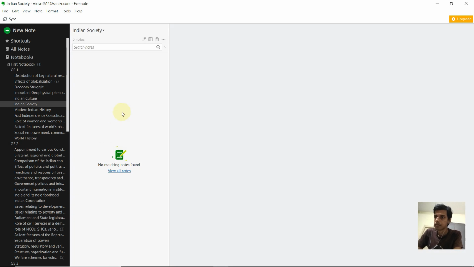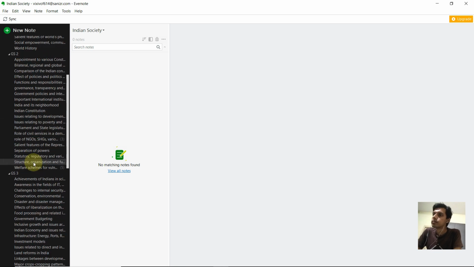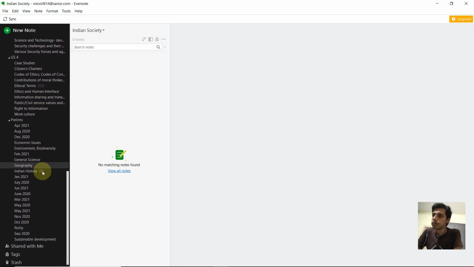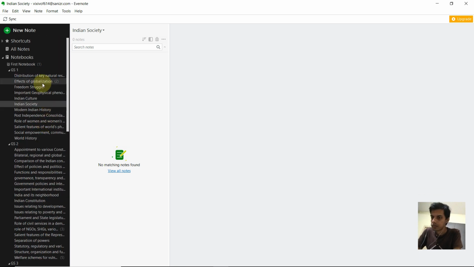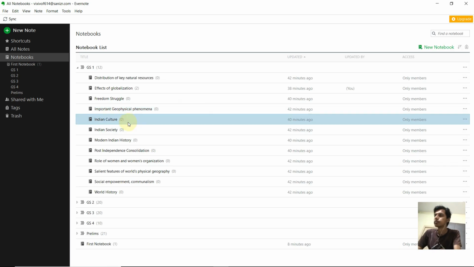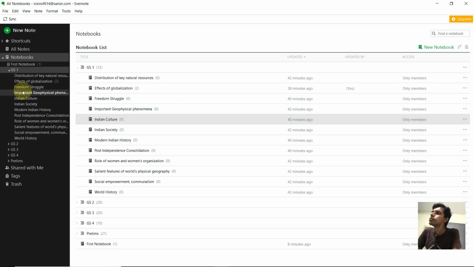So there is GS1, 2, 3, 4 prelims. You can see a long list of topics. Now you can easily create whichever notes you want in the corresponding topics. So in this way we will be able to remember the syllabus also, and at the same time we will be able to understand the topics also.